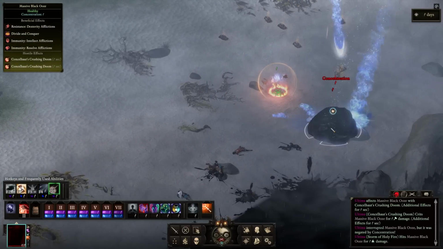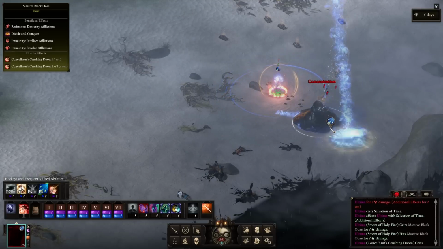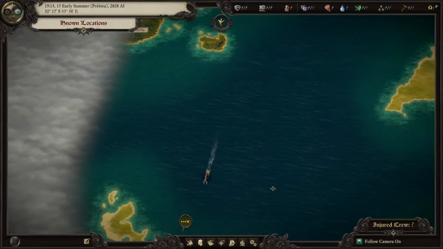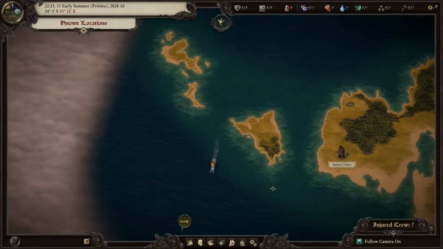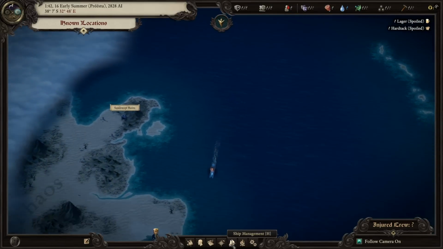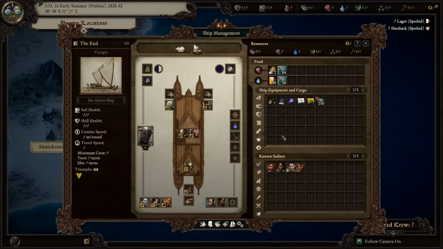Now from there, once we're done killing that mega boss, we're then going to move on to the second one. So we're going to sail south from Murkwater Lagoon to the desert island with the dungeons with all the traps that we were at the very beginning of the game. This is where the next mega boss we need to kill is,